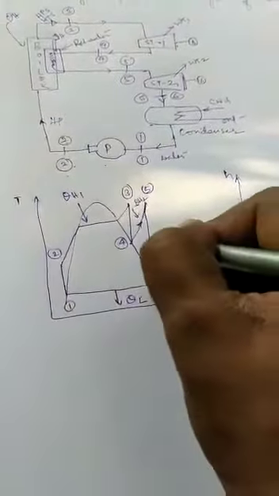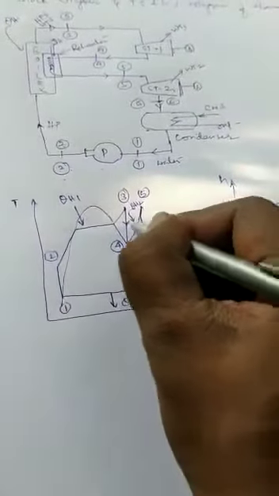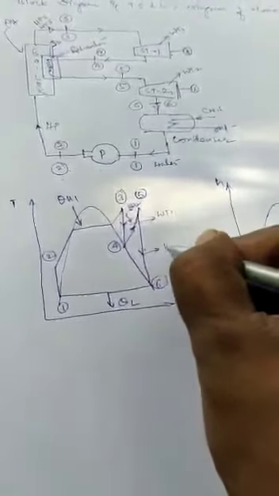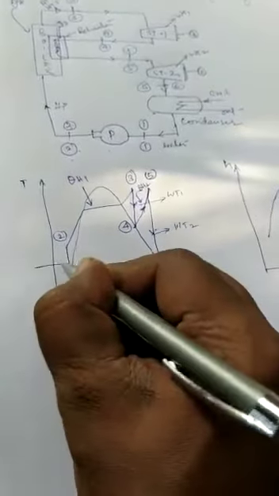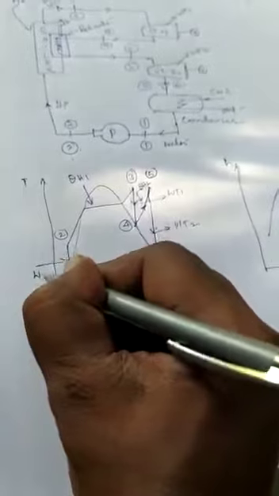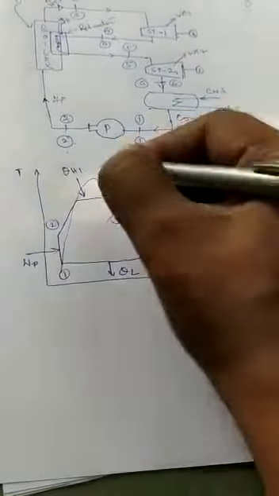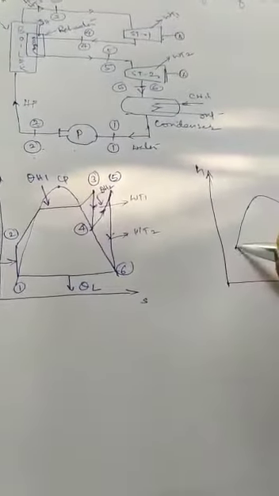And expansion takes place in 2 stages. First stage expansion, that is steam turbine 1. I'll write WT1 and this is WT2, work done by the turbine WT1 and WT2. And this is the work done on the pump, that is WP. So this is the way you have to draw the TS diagram. Same thing for the HS diagram also.